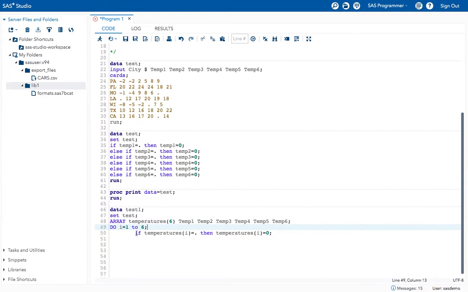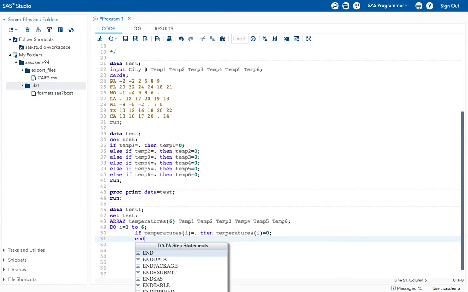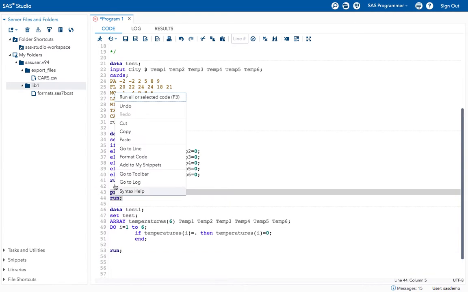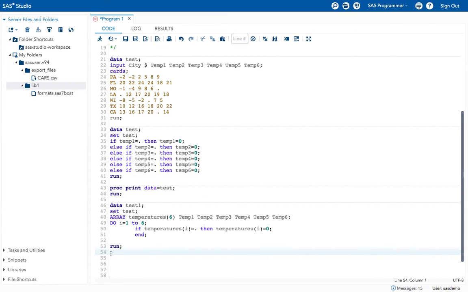If I give this statement, the array and if statement keep repeating 6 times for the 6 variables, and it replaces any missing values with 0. Whenever we give a do statement, we give an end statement also, and run. Now print this data, and the data set name is test1.